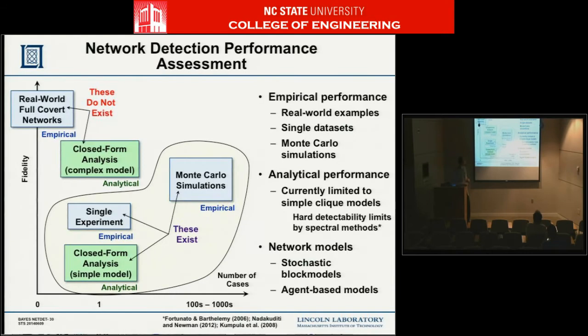Okay, so now I want to talk about performance results. This view graph describes how you do detection performance assessment and some of the challenges associated with that. What you'd really like is high accuracy, high fidelity results across a range of different types of graphs. Really the gold standard is a real data example where you know the foreground network you're looking for and its connection to the background network, so you can assess how well you're doing.